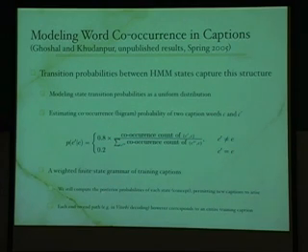In one, we said, forget about them, use uniform transition probabilities. That's case A. Case B, try to model co-occurrence of words in your training captions and build what we call a bigram model. And third, let's just allow captions which are actually seen. In other words, if I've never seen a car, road, and building together, it's not allowed as a possible path through my HMMs. Only paths which I've actually seen in training are allowed. This doesn't mean that my captions coming out will only be captions in the training, because remember, I do in the end compute posterior probabilities that this image block came out of this particular concept.